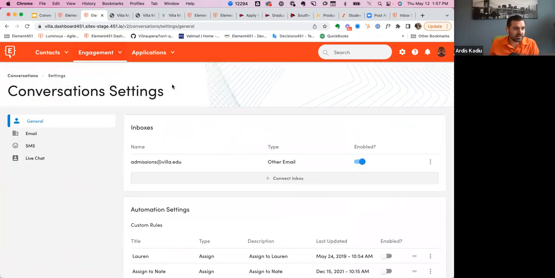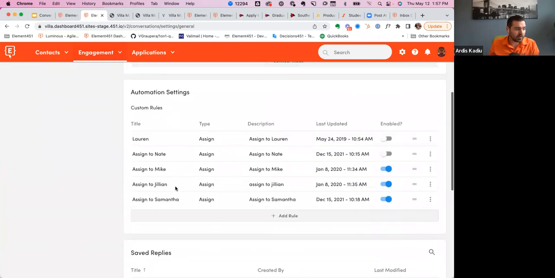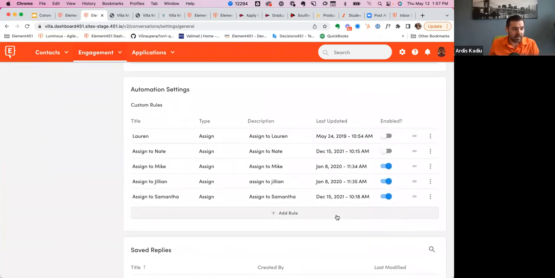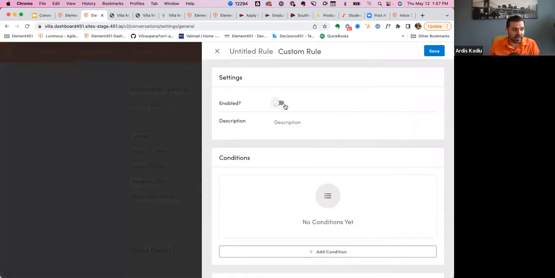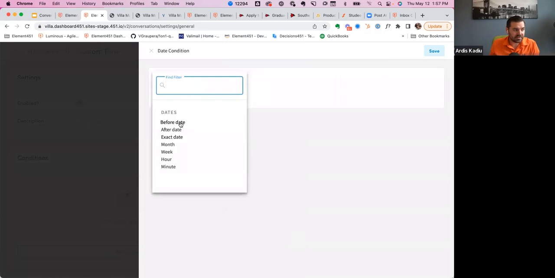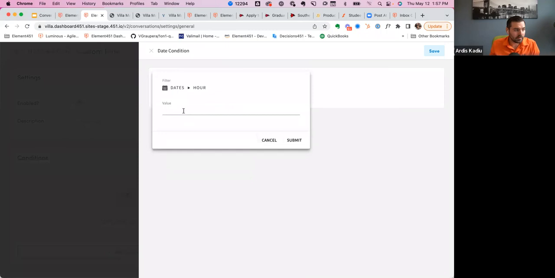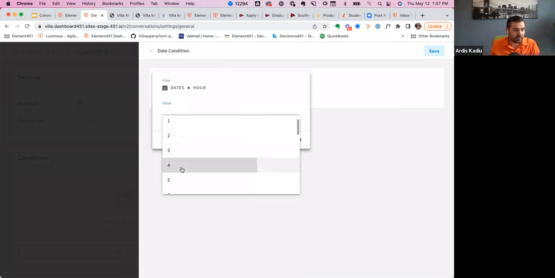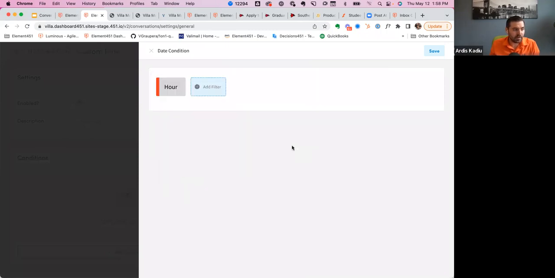Go to settings, and you already have that. Go to automation settings, and in here you can add a rule. You can add a date condition and say if the hour of the day is after a certain time, or if it's before this time or that time, then you can reply back with a particular message.